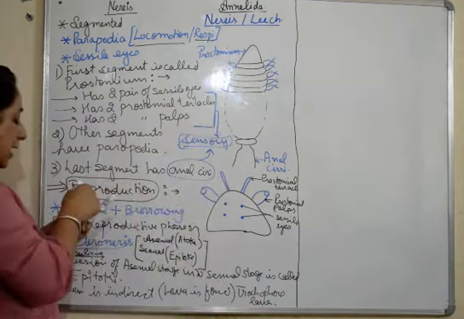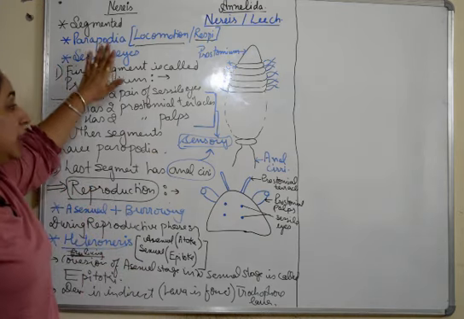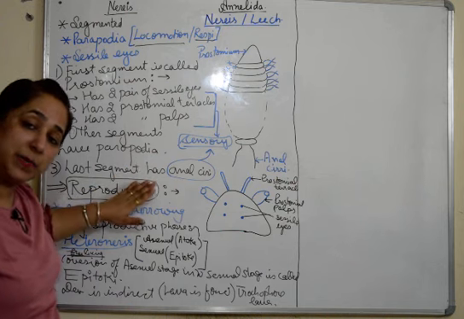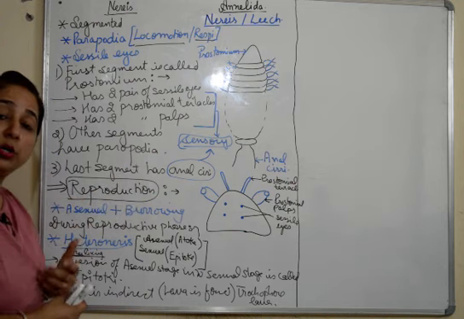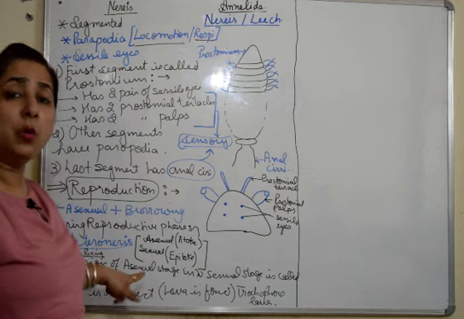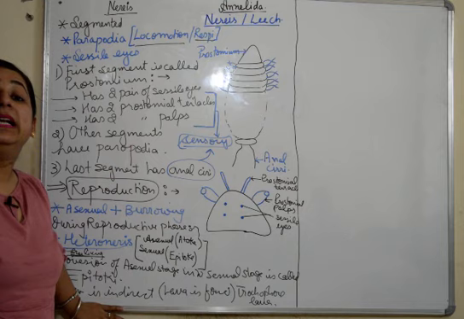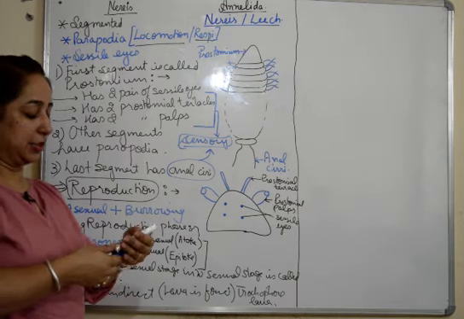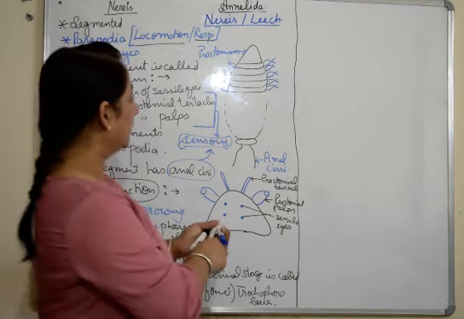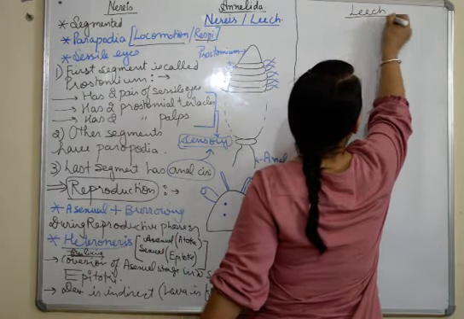Fine. So these are certain characteristic features of Nereis. We have discussed all the segments and the structures present in them. We have talked about a very important topic, the Heteronereis: what it is and how it is formed, and what the terms related to it are. And then we discussed that the development is indirect and a larval stage is formed. Now we are going to talk about the next example of annelids, that is leech.